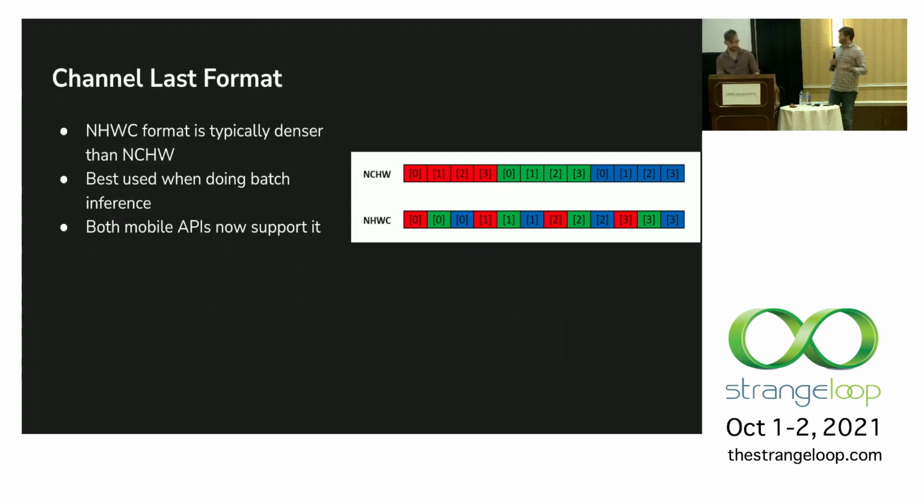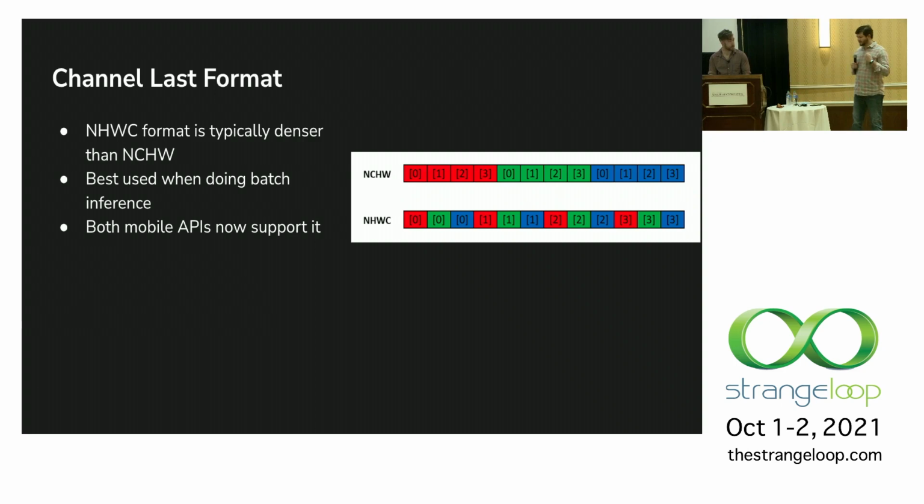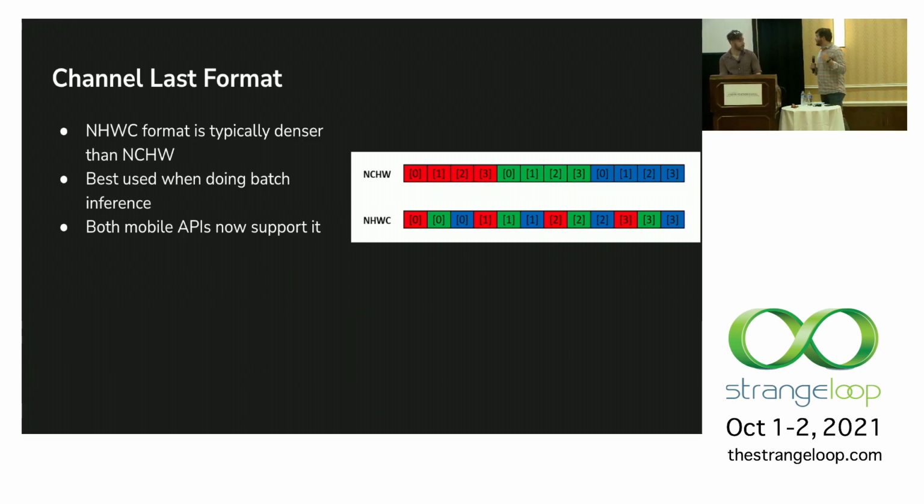Channel last format is a really cool idea. It's really useful in this context where you're working with images in batches at the time of inference. But typically, an image in PyTorch is going to be a tensor with 4 axes: batch, height, width, channel. Imagine you had an image with a large black patch. The pixel intensities in that area for each channel are going to be the same, right? So if you have the channel in this second position, that's not the most efficient representation to hold this tensor